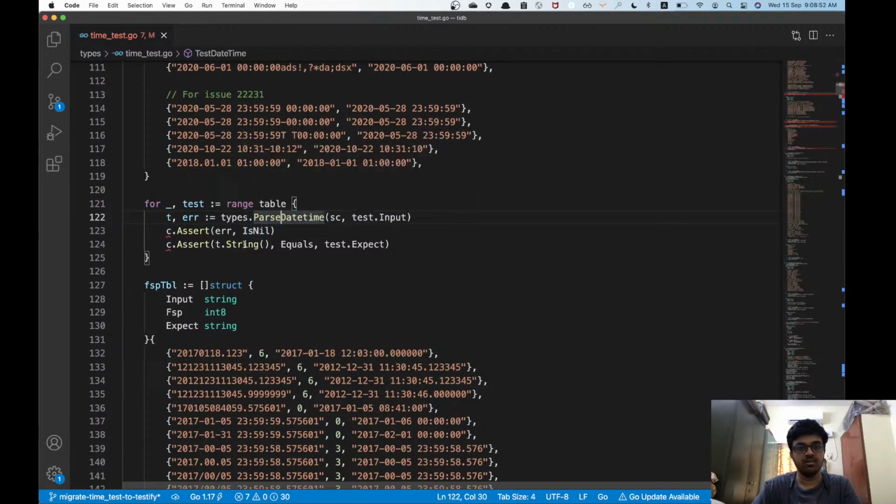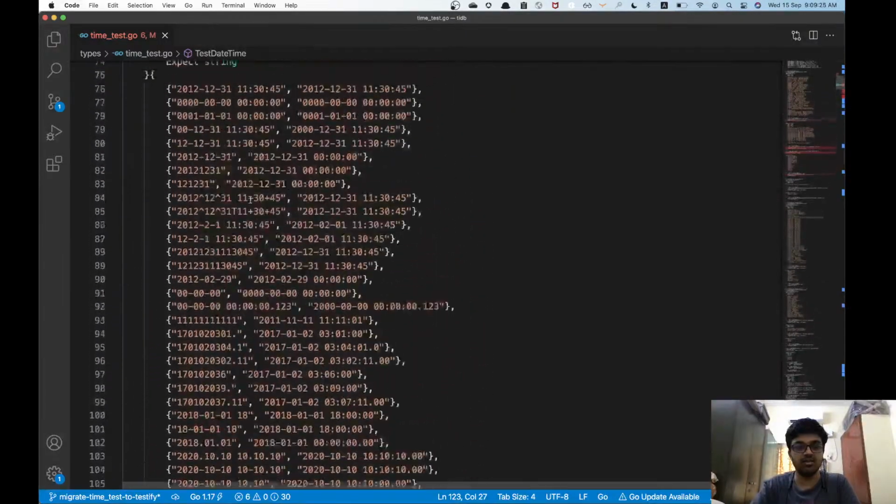Check there are no errors and expected time. Cool. Require no error. Cool. Require no error. And I'm just going to use TE over here.